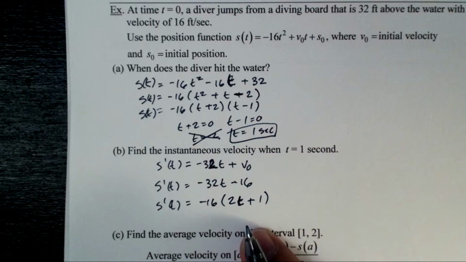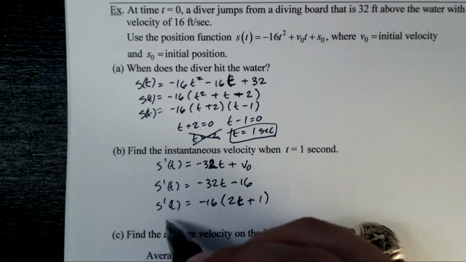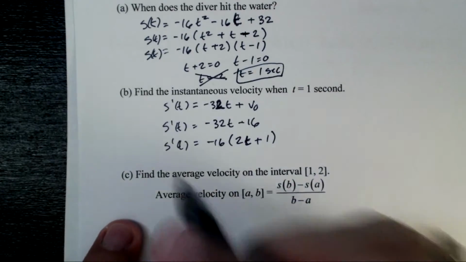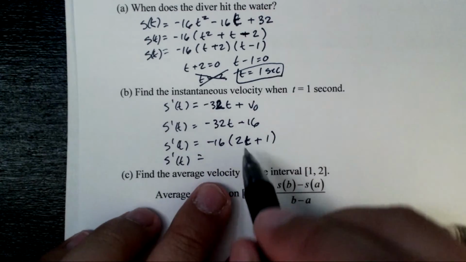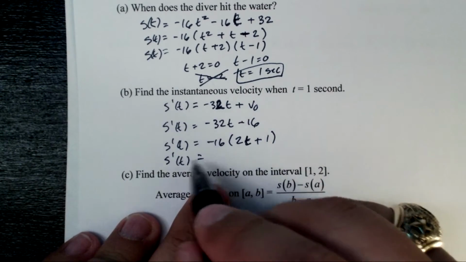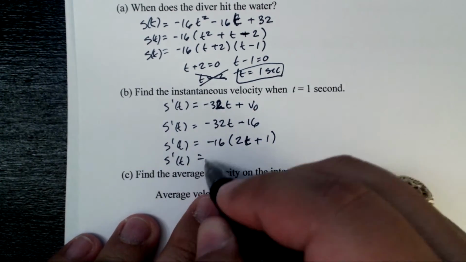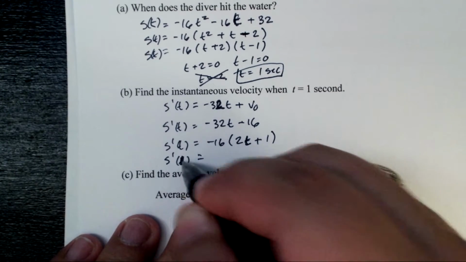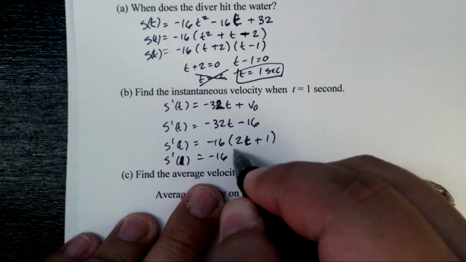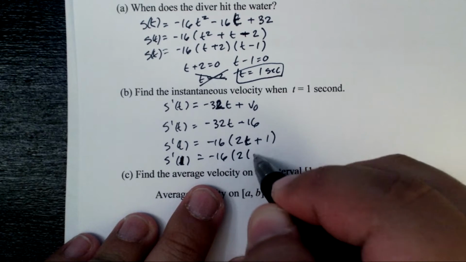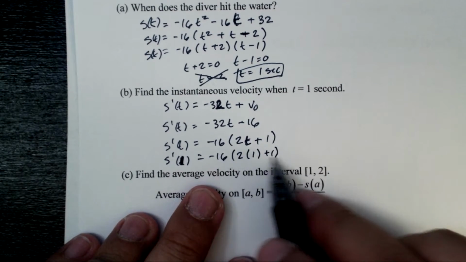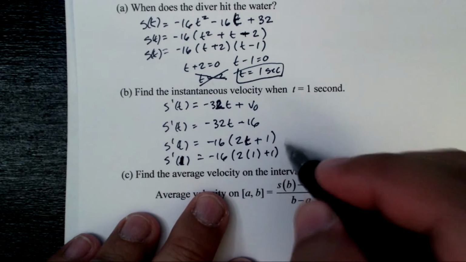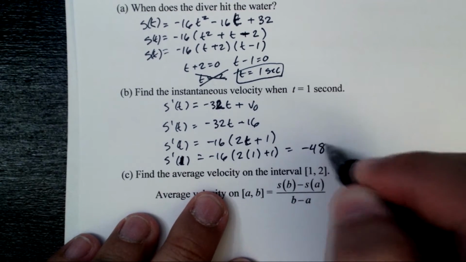So then the question is, what's the instantaneous velocity at time t equal 1? So what we're looking for is s prime of t when t is equal to 1. So what we're looking for is s prime of 1. So negative 16 times 2 times 1 plus 1. So that's 2, 3 times negative 16 is negative 48